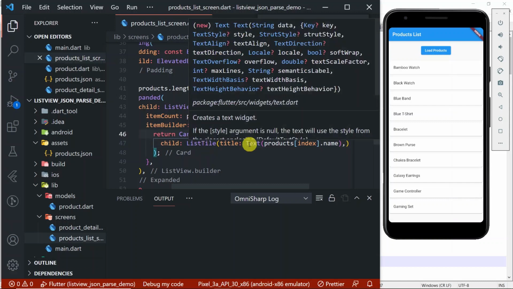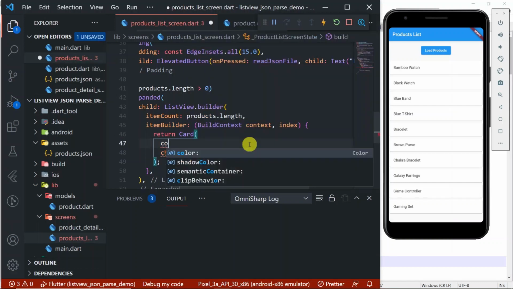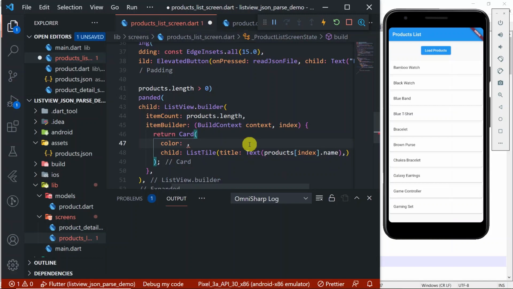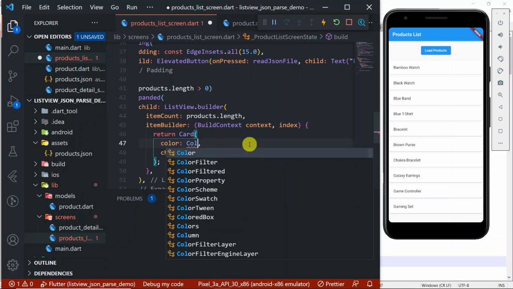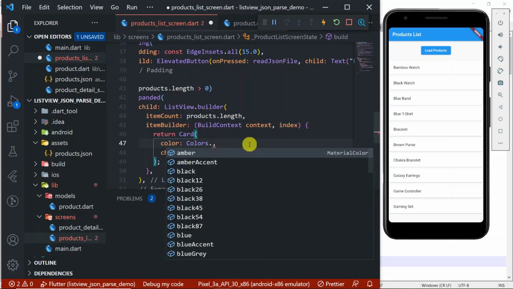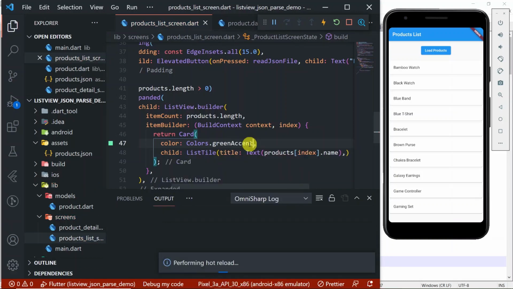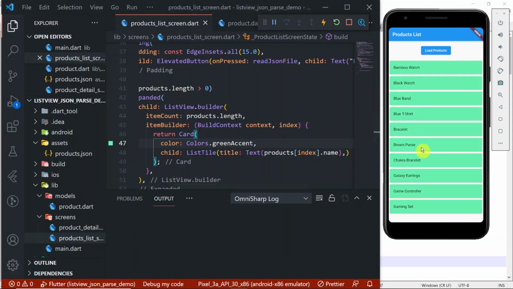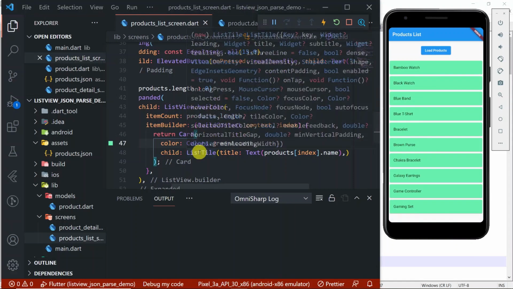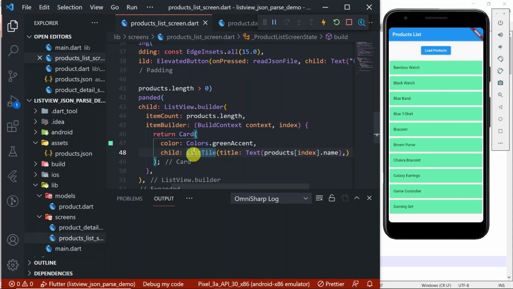I'm creating one more widget called card. That will be a card widget. Okay, card, I'm going to make its color Colors.greenAccent. So we have made it a green accent, and in this styled view here,